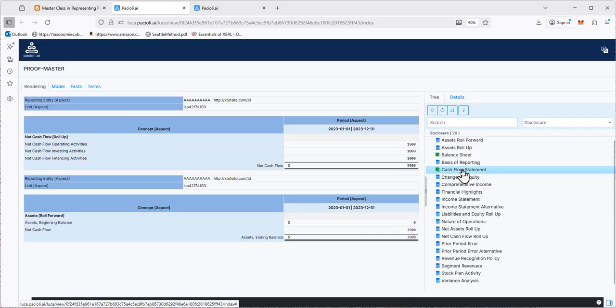Same thing for the cash flow statement. It has two information blocks: the net cash flow roll up and the roll forward of assets, which would generally be the roll forward of cash and cash equivalents. So the point that I'm trying to make here is that